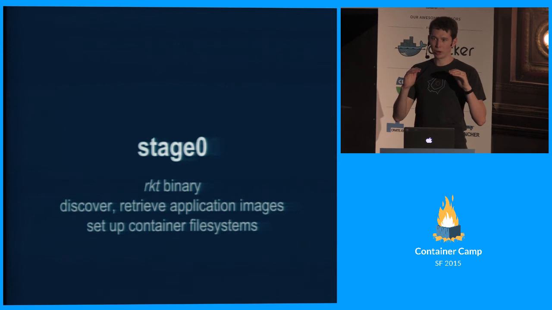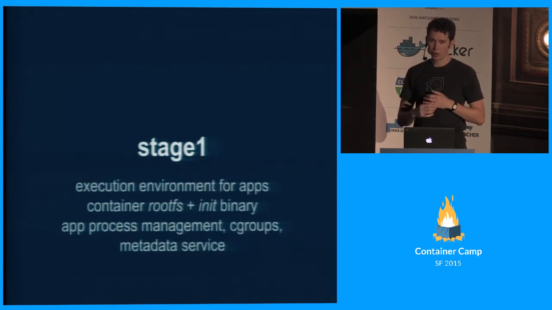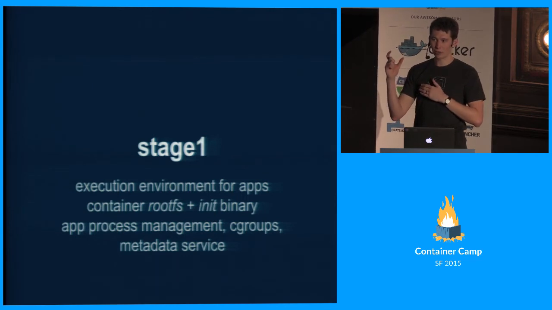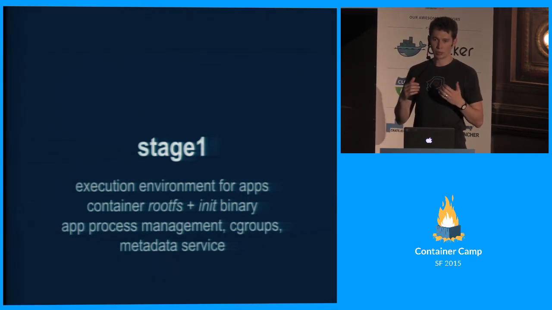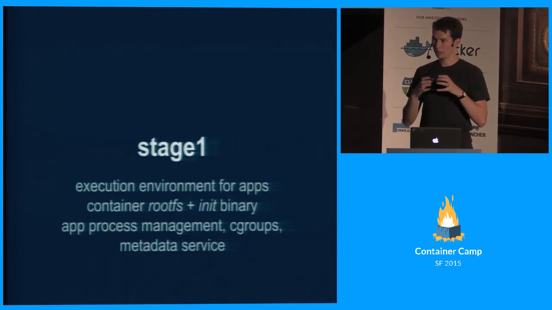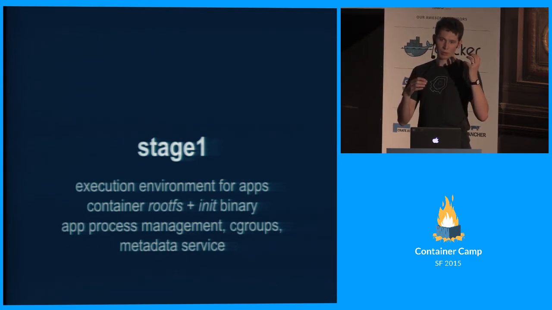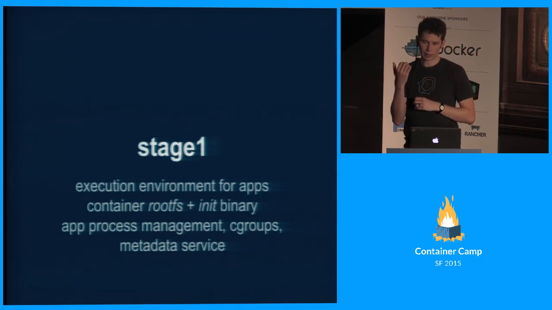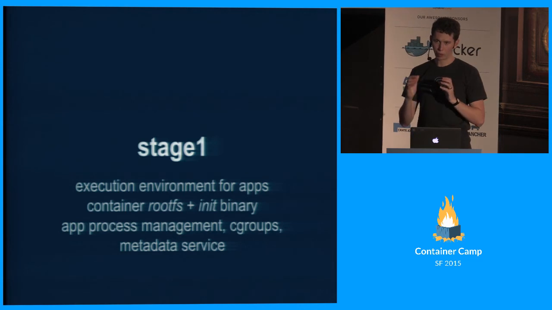And so that stage 0 essentially gets us to the point where we're ready to start executing something. And a stage 1 is packaged as an ACI itself. The idea there being that we ship a stage 1 ACI with Rocket, that is systemd inside of an ACI. But people have prototyped out like a KVM ACI or a NoVM ACI too. So the idea is that we decouple the downloading, verification and file system setup from how the container actually gets executed. If people want to have a different thought on that, or if they want to use a different